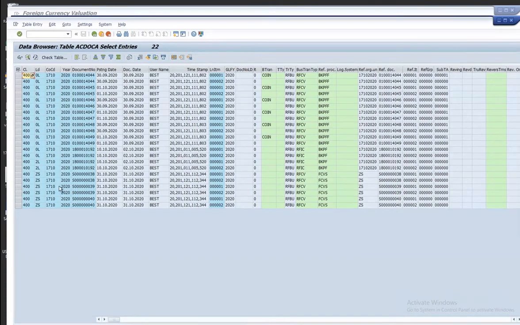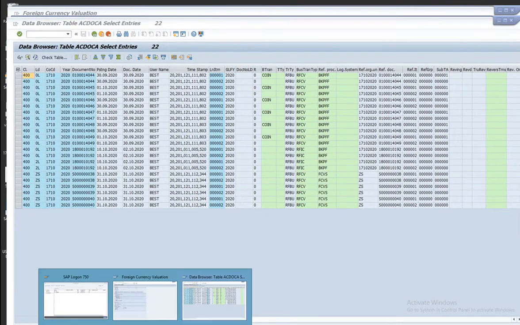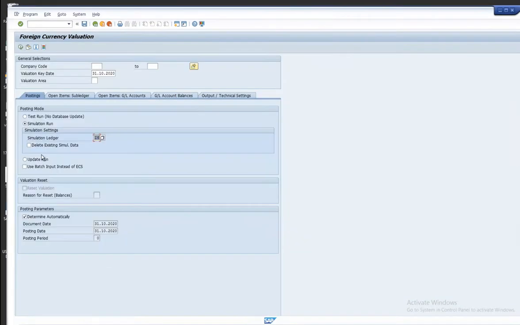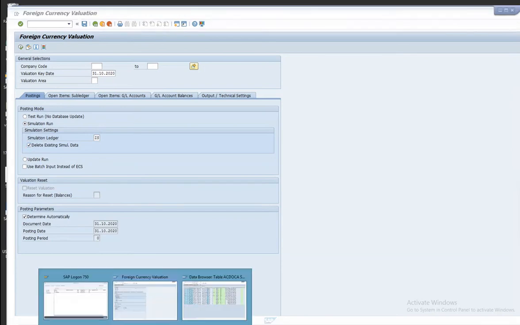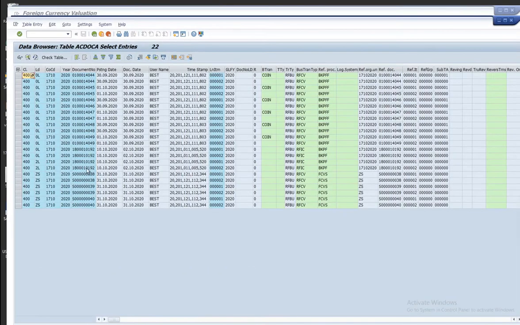Oh, sorry, my bad. I already ran it. That's why it is not showing anything. We have to delete, then only the system will update. So I'm selecting this. Just remember the document numbers, starting with S38 to S40. These are the 3 documents generated, and you can remember the timestamp if possible, otherwise ignore.